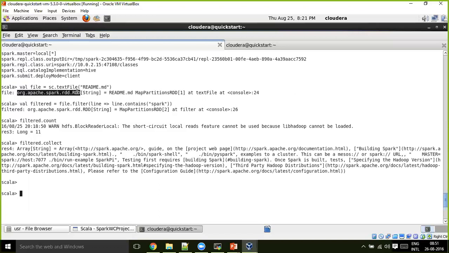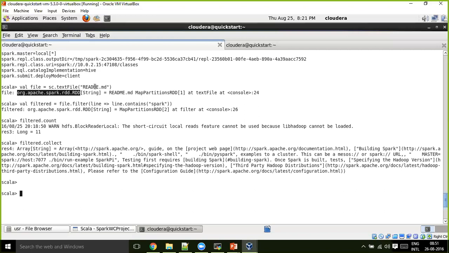Let's say, just like when you push a file from local to HDFS, it gets divided into blocks. Now when you push a file from HDFS to Spark, it has to store somewhere.